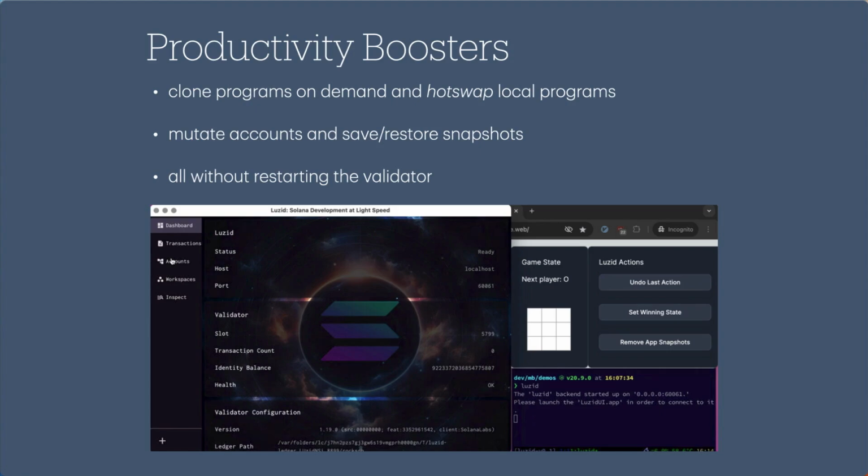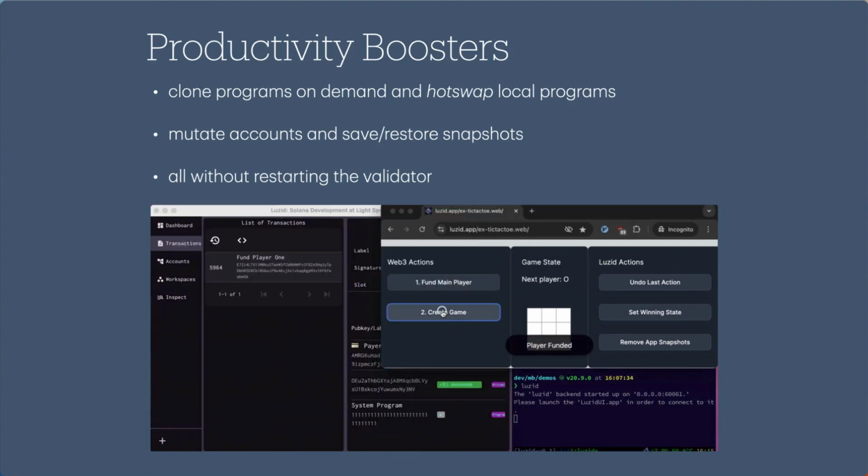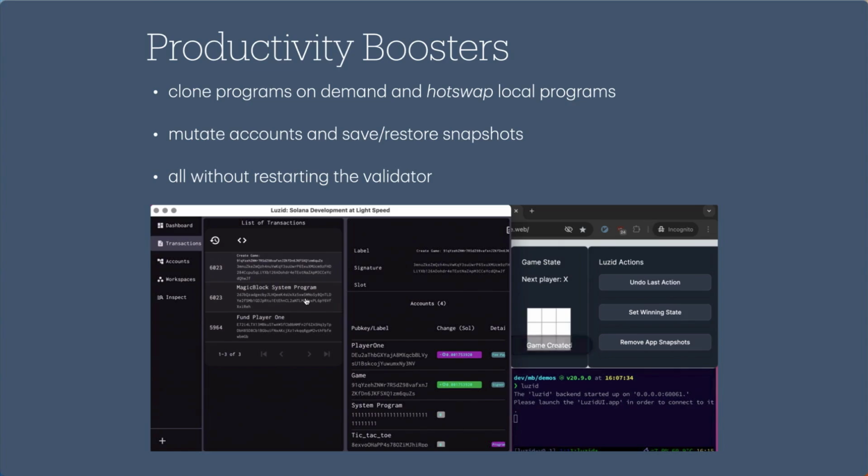Hello and welcome. Today we're looking at Luzid, which is a development environment which will have you develop on Solana at light speed. Let's look at an example right away. Here we have a tic-tac-toe app which interacts with the tic-tac-toe program, which just got cloned on demand from DevNet